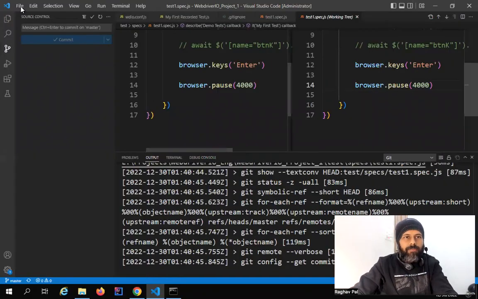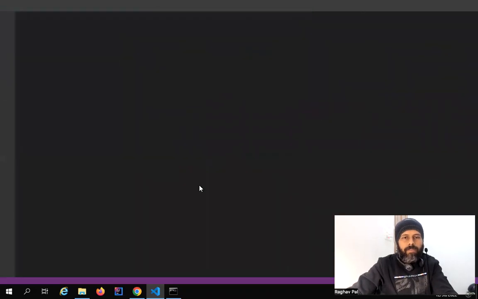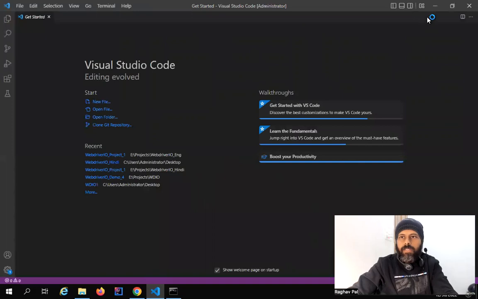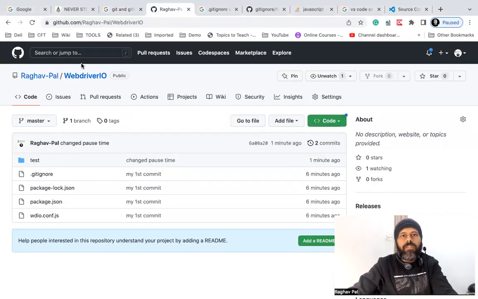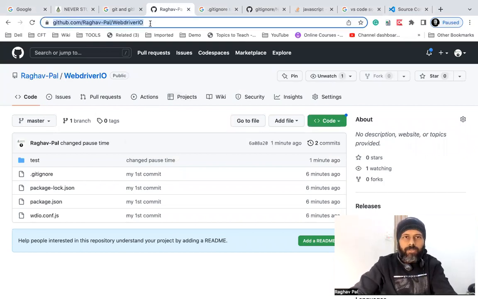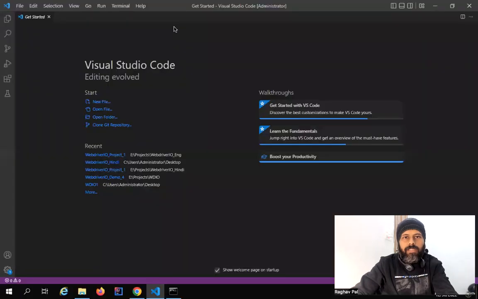So let's say I will close this project. I will close folder. And now let's say this is a repository on GitHub, and I want to clone it in my VS Code. So just copy the repository link. And let's say if I give you this link of my project, you just need this repository link, and then